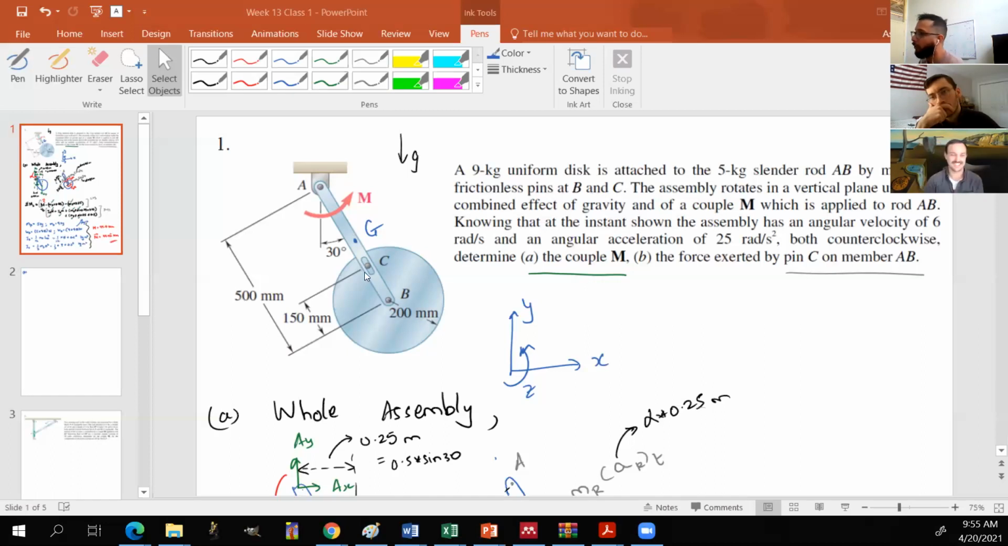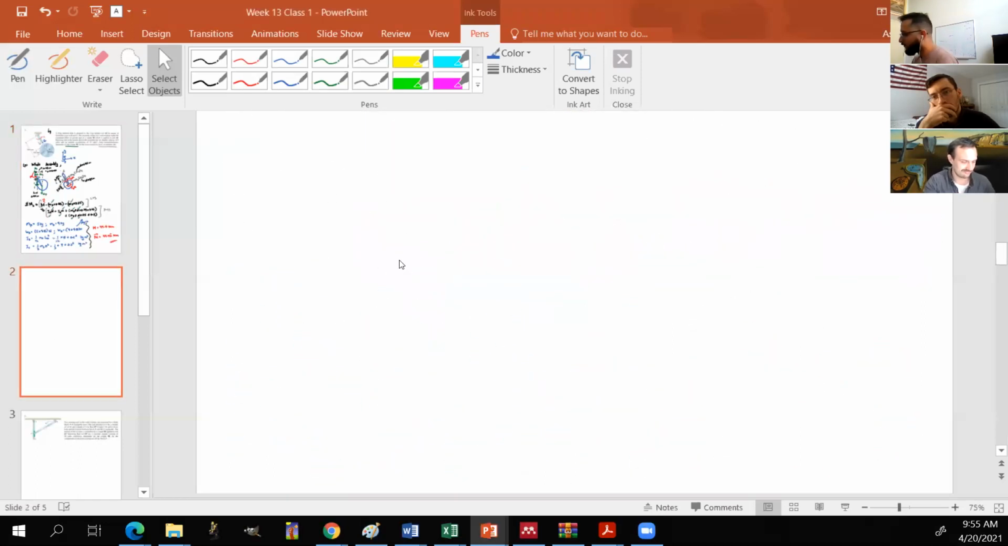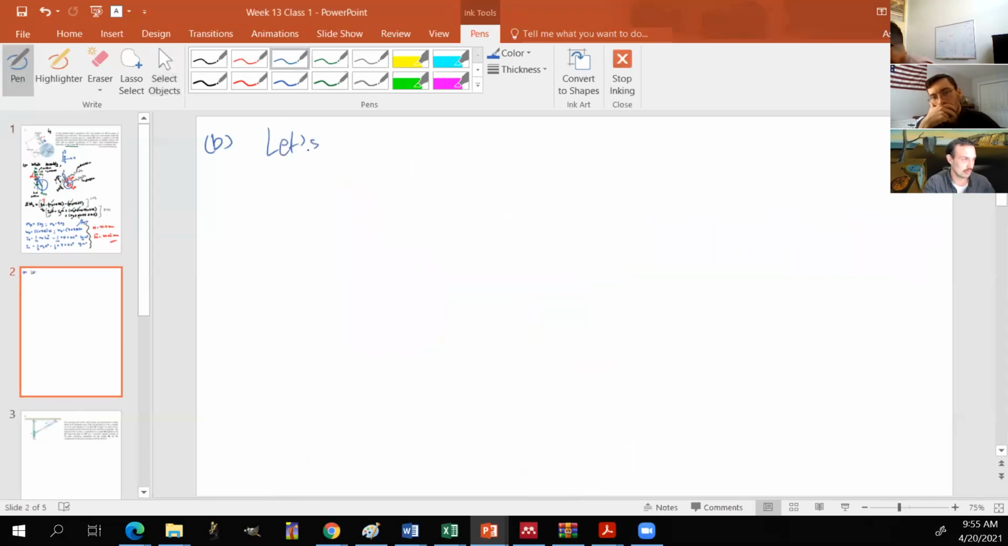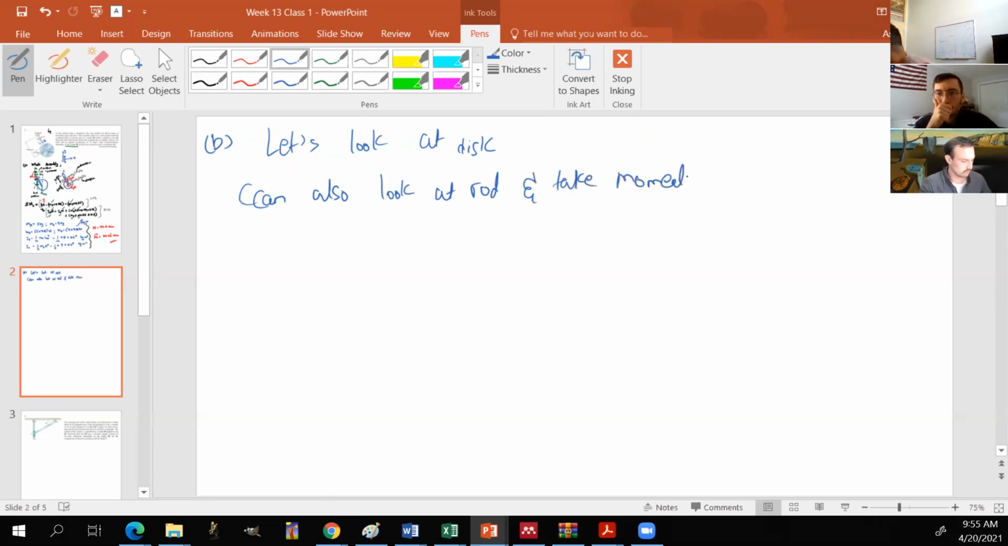You can look at either the rod or the disc because I was thinking it's easier to look at the disc because then you don't have to worry about the pin reactions. But again, if you're looking at just the rod and you take your moment about that point, then it's the same thing. So you can look at either one. All right. Sorry for being facetious. All right, so let's look at the disc because that's what I did when I solved the problem. So let's look at disc. And just to bring home the point, can also look at rod and take moments about